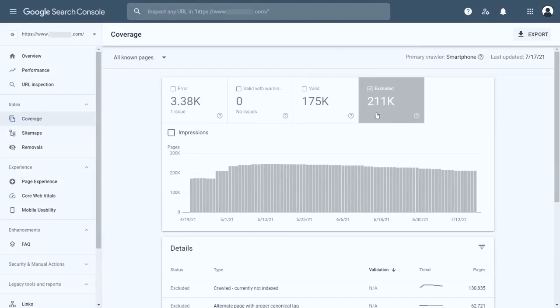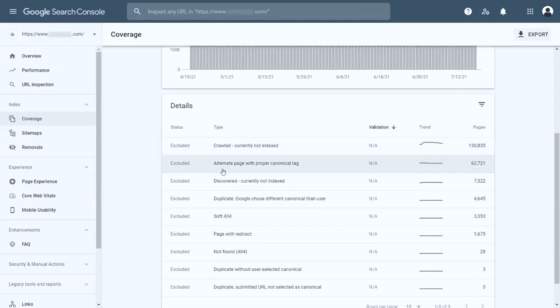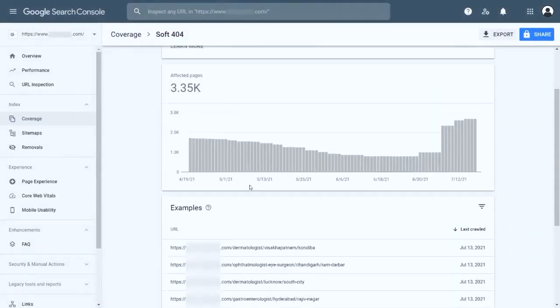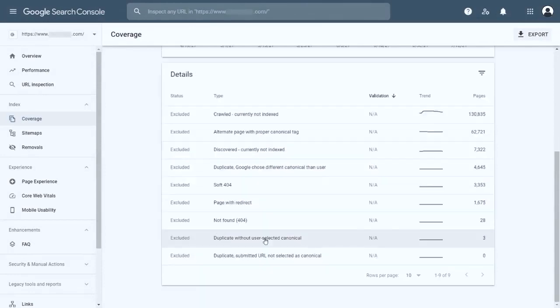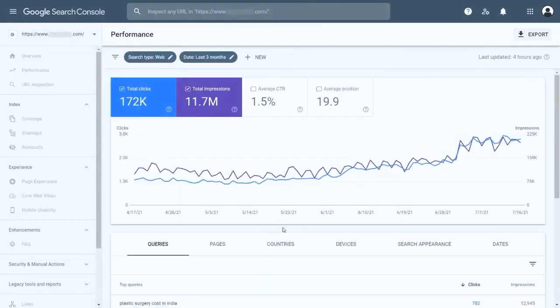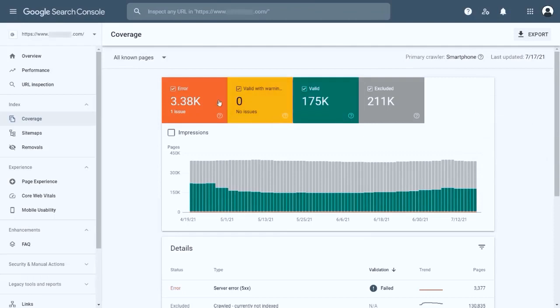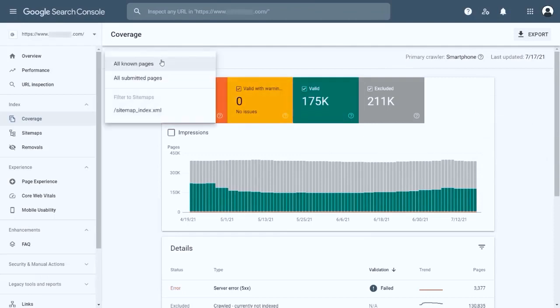The last box, grey in color, represents the number of pages that were excluded by Google. This simply means that Google has crawled these pages but is not indexing them intentionally. If you scroll down, you can see the actual reason for which Google has excluded these pages, and you can even try to resolve some of these issues to index your page. Now all these pages and issues which you are seeing are for your whole website. If you wish to see the report for only those pages which you have mentioned on your sitemap, then click on this top filter drop down here and select the sitemap.